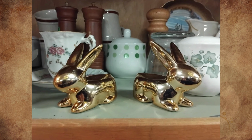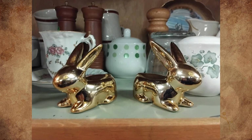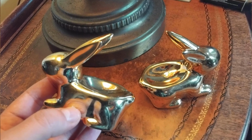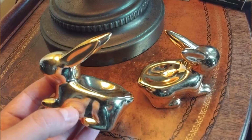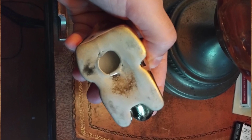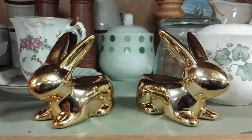What are these small gold rabbit figures found at the thrift store? They both have a little dent on their backs that is clearly for holding something, and I have no idea what they're meant to be used for. It's clearly a type of ceramic covered in a faux metallic glaze, a few inches long, and no discernible markings